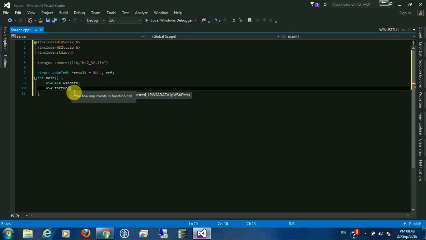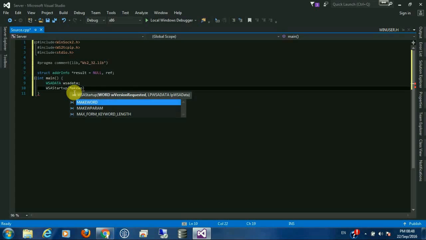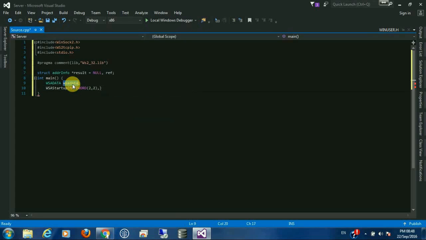Here I am using version 2.2, so you can give it like this: MAKEWORD 2,2, and then the object of the WSAData. Now that it is done,